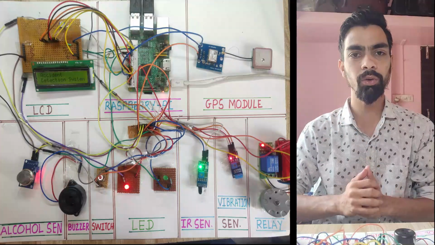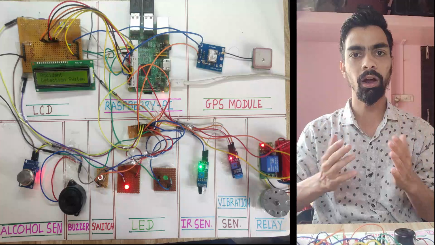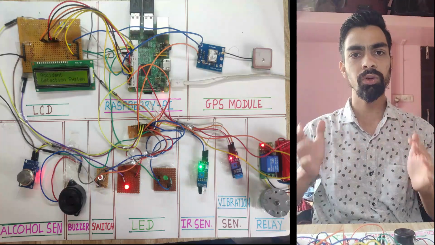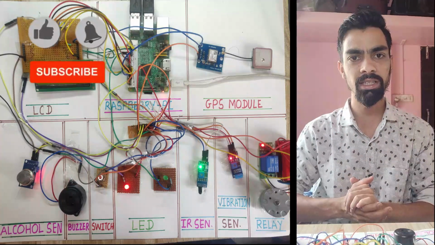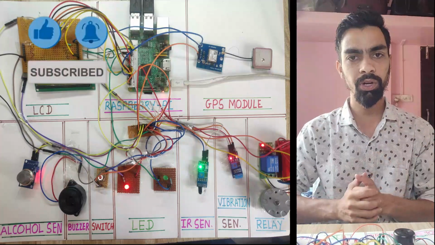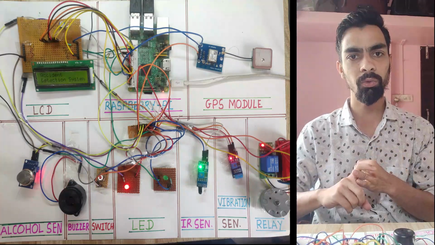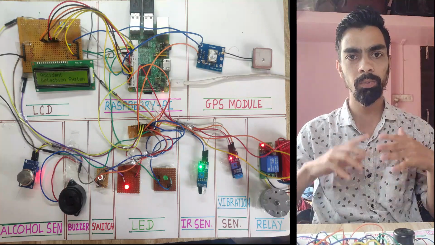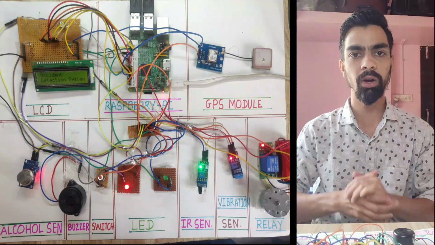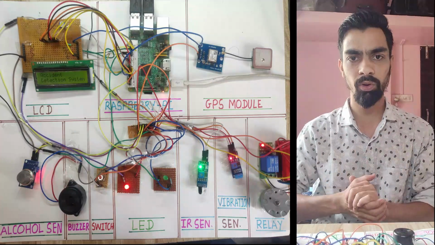Hello friend, in today's video we will learn how to design and develop a smart accident and alcohol detection system project using the Raspberry Pi. You can see on the screen we have the mini sensor, and by using that sensor we can design this complete project. In this video we will learn the programming part, the hardware part, and how to do the connection of this complete circuit, and you will definitely develop this project on your own. I haven't spent a single rupee on this project.